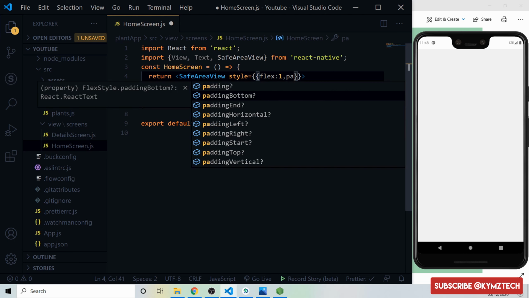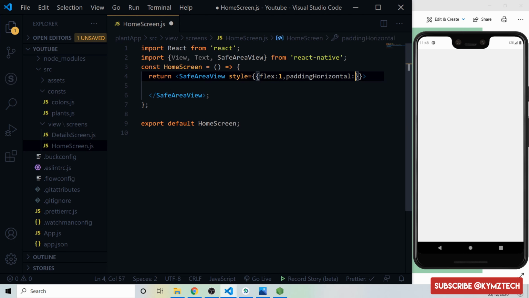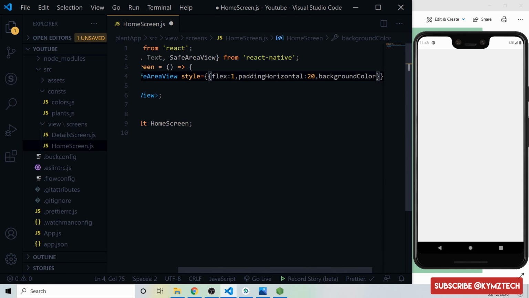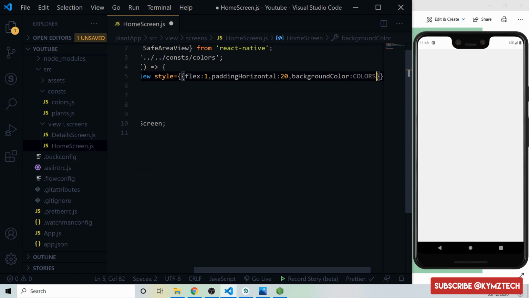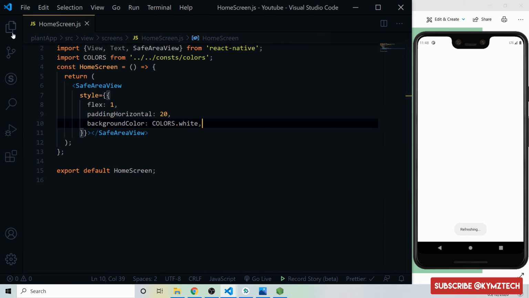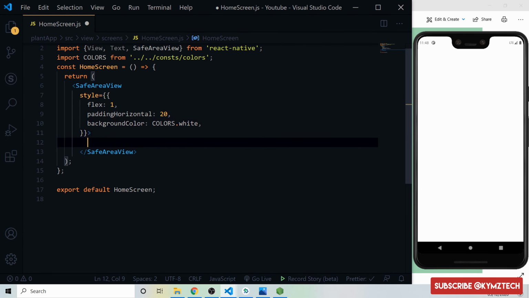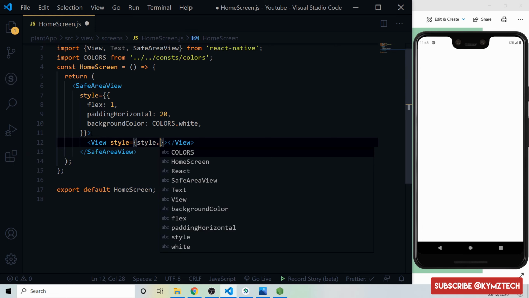We give it a padding horizontal of 20 pixels and a background color of white. So we are going to get the color from the colors object. Then inside the safe area widget, we are going to add a view for the header. So add a view, and we are going to give it a style of header. So say style.header,